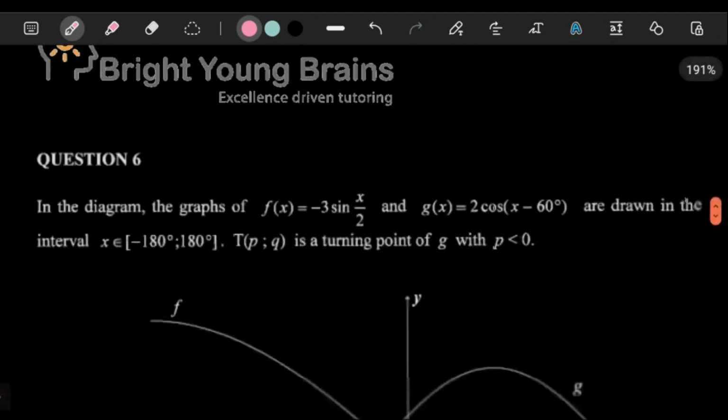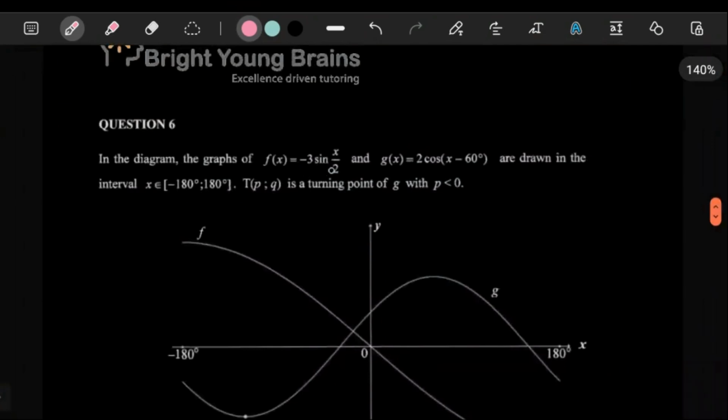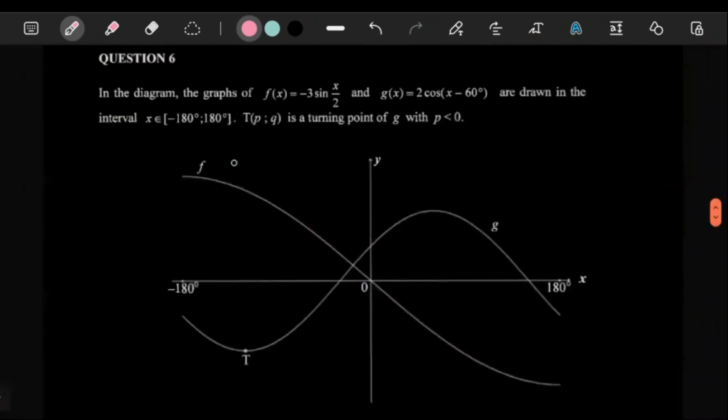Anyways, it says here in the diagram the graph of f of x is equal to this. So where's f of x? This is a portion of a sine graph, so don't get confused. And then it says here the graph of g is this part here. This is also a portion of a cos graph. Now, with all this being said,